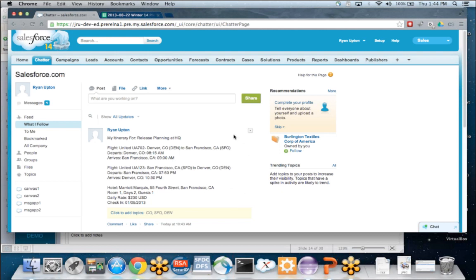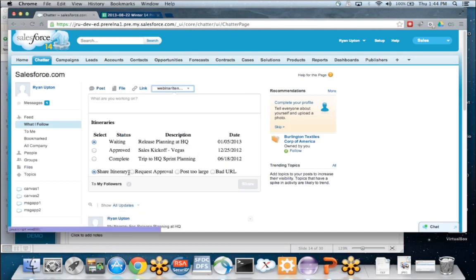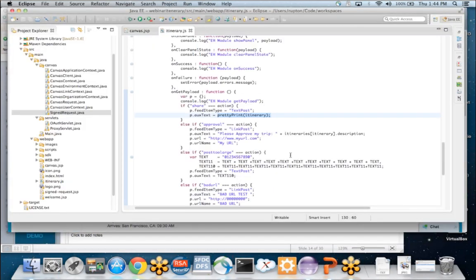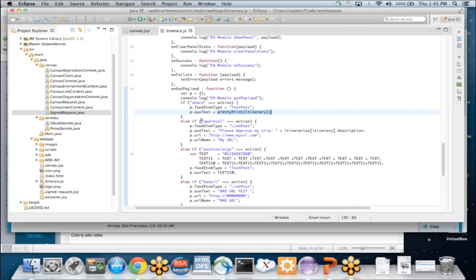And of course, I could do different lifecycle events here. For example, if I wanted to create a new one, and in this case, I put these buttons, these checkboxes in here just to do some interesting things. But if I wanted to do an approval, you notice that my output's a little different here. And the reason being is I just fired off a different event. In this case, that callback on get payload actually said, hey, this is an approval post. So it's displaying this, which is pretty anticlimactic for the most part, but where the power of this